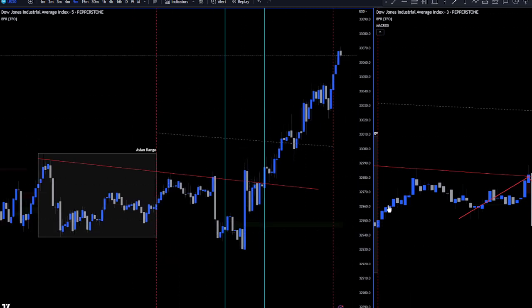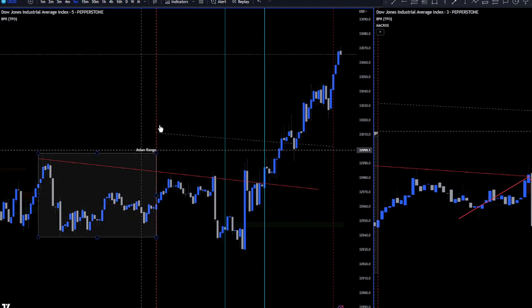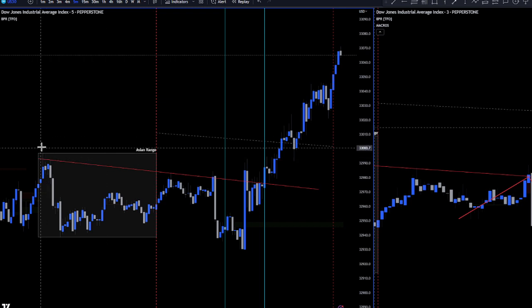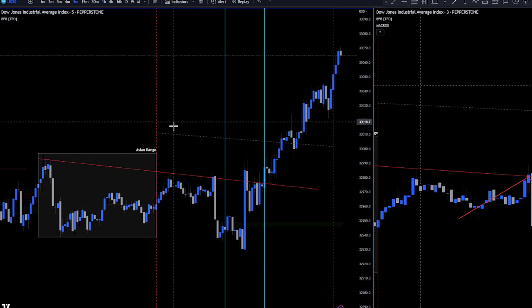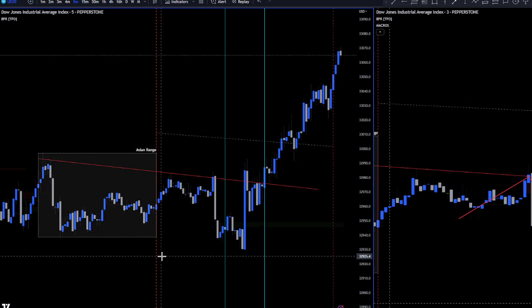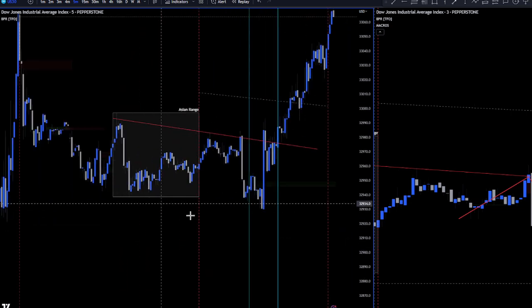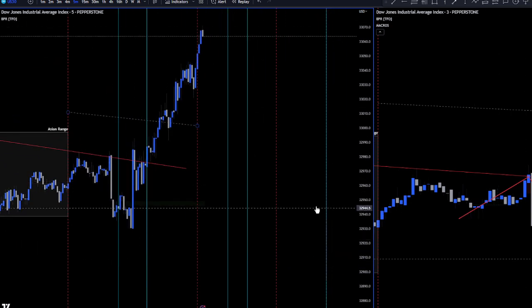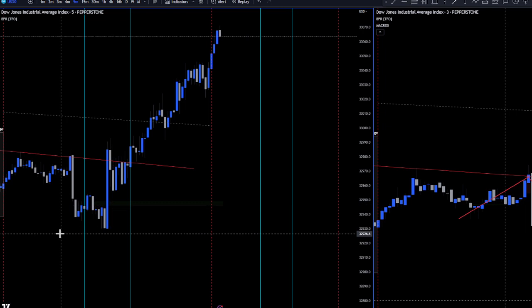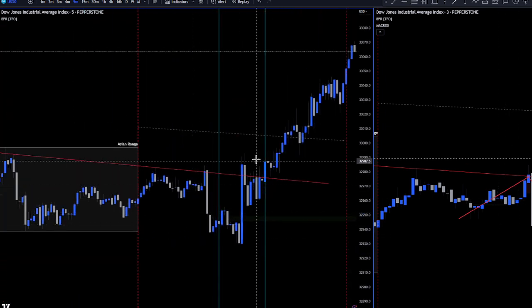Still trying to figure out what the entry was, but I've got it now. So it's about setting up the Asian range. First thing is setting up the charts in the morning, marking out the Asian range, marking out the time zones. So that's the 2-on-2 model. Once we've got that all set up,